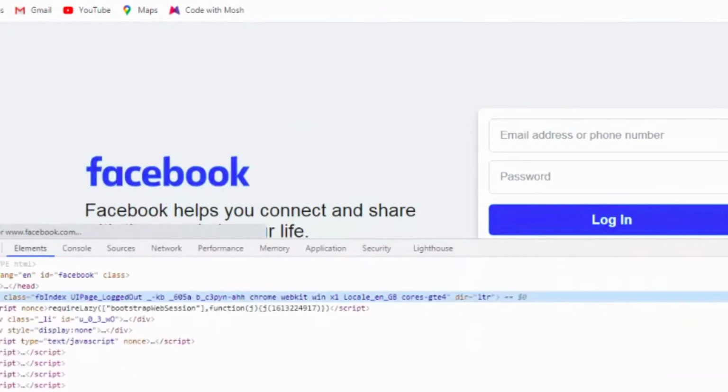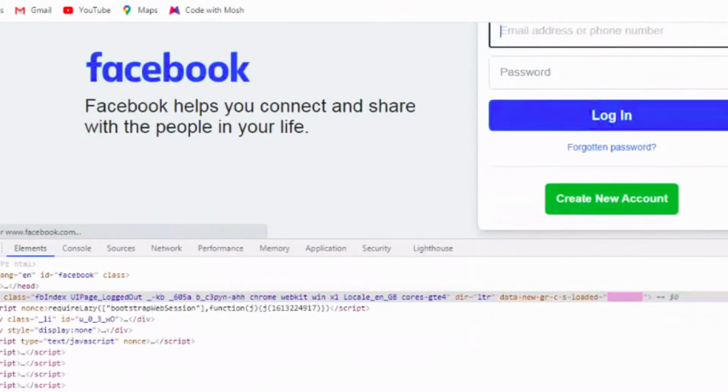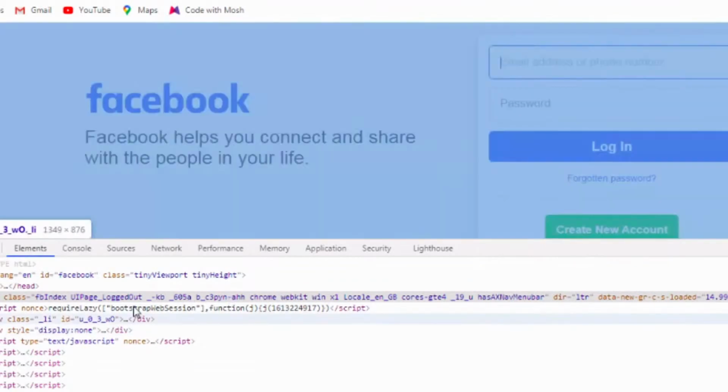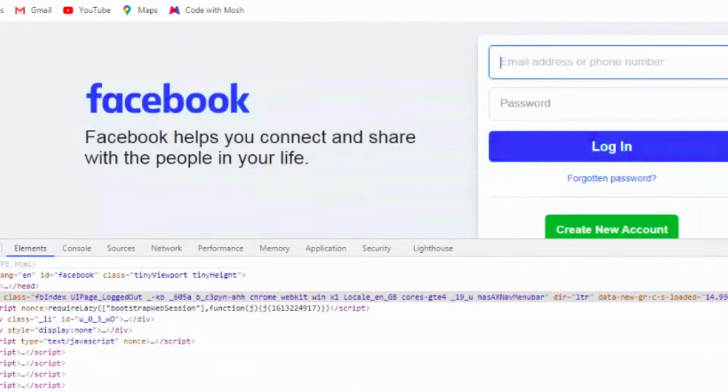So this pop-up will open in your browser, and it will help you to inspect the element. The meaning of inspect is that you want to locate your desired element and you can locate it via this inspector. After opening this pop-up, just click on this option, which lets you select an element in the page to inspect it.